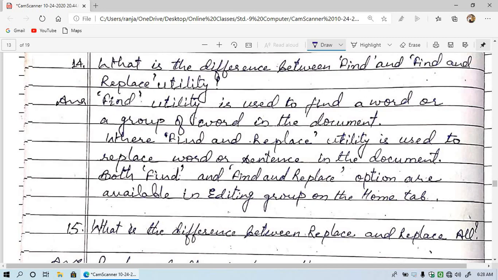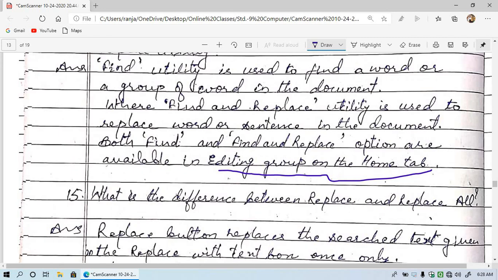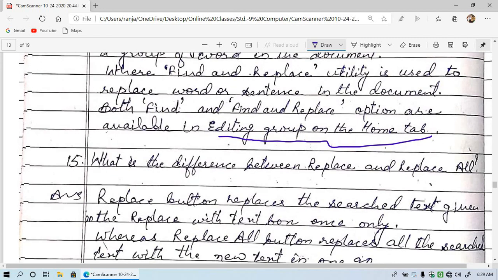So here we get the facility with find and replace that the same word can be found and replaced by another word that we are giving, and both the find and replace options are available in the editing group of the home tab. This is important. This may be asked in your viva or practical.